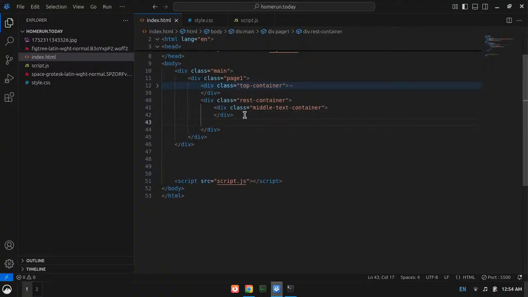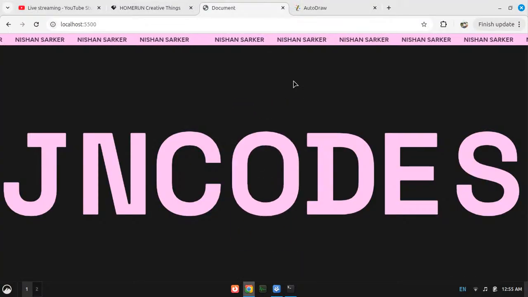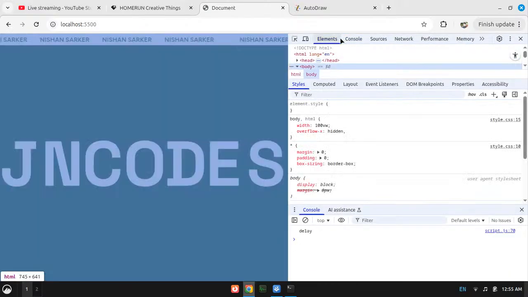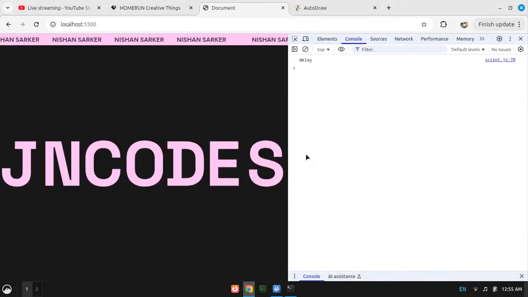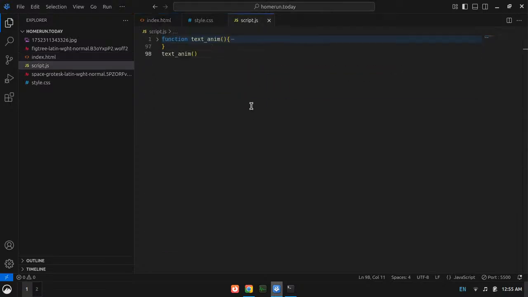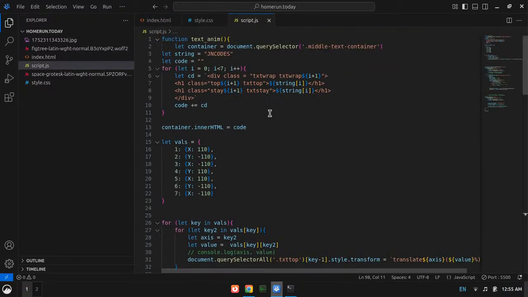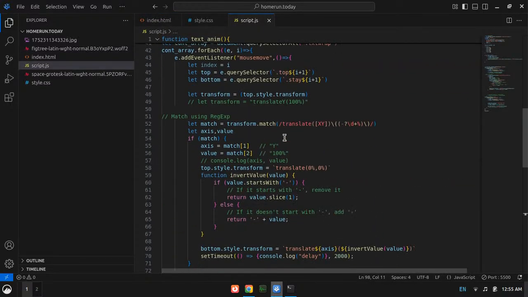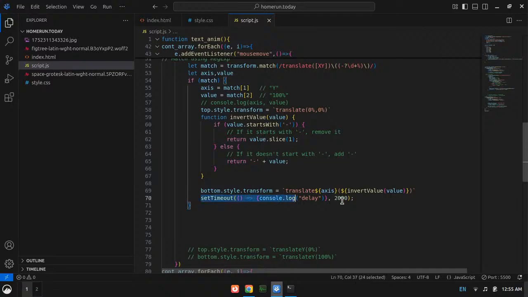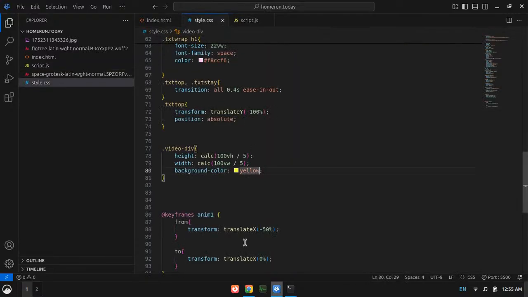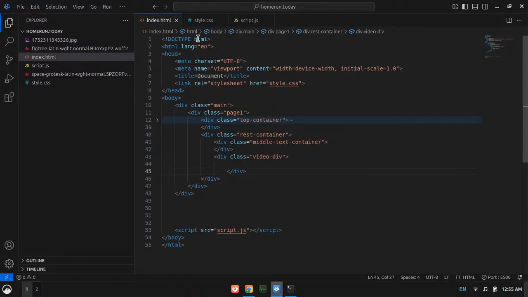Where did the div go? I need to remove the console.